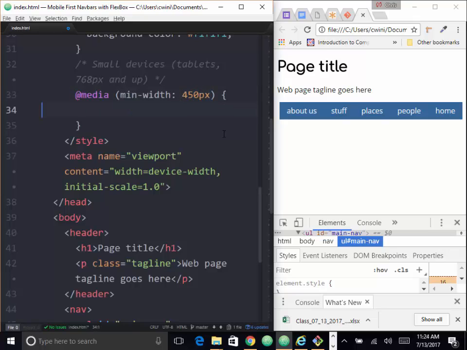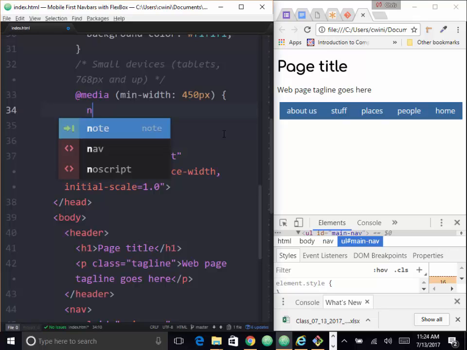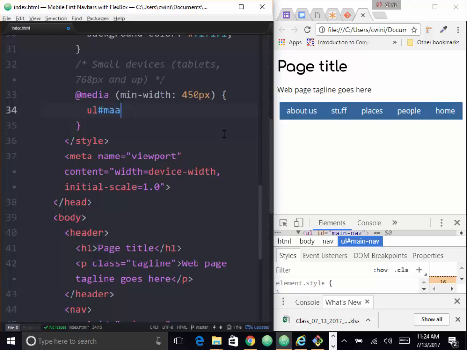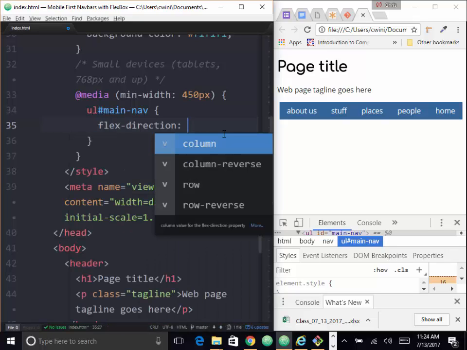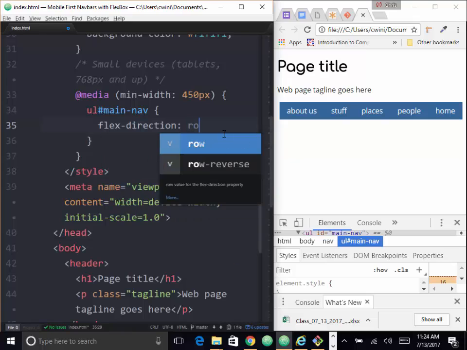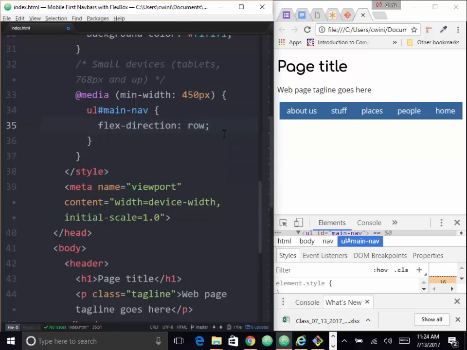So when it's at least 450 pixels wide or wider, then I want to do the UL, what was that, main nav. And now all it is is flex direction. Now I'm going to make it row. Wait, does it say row? Yeah, row, because it's displaying as a row. Save my changes. So just to recap the code,